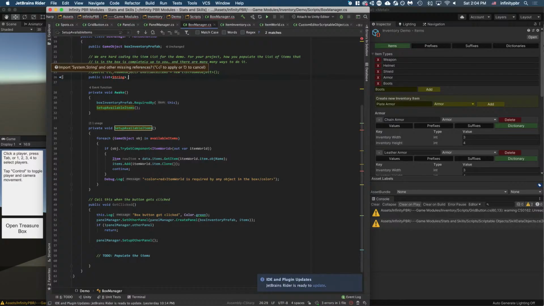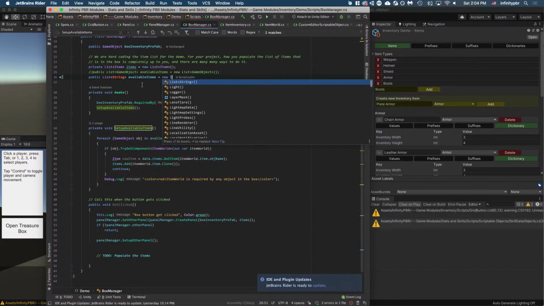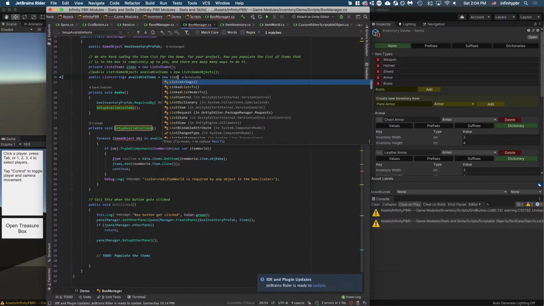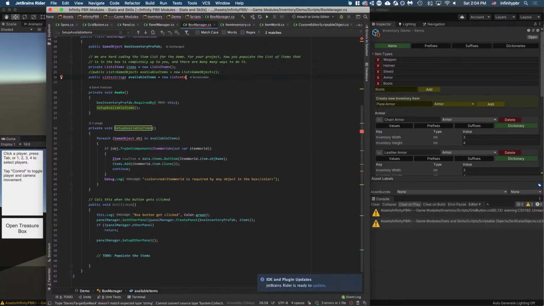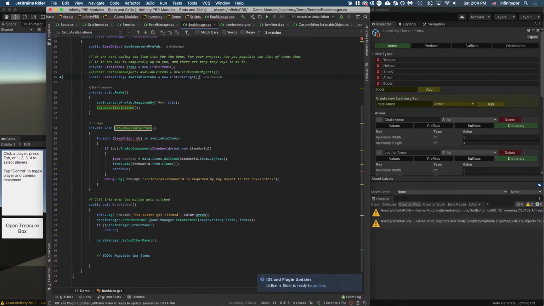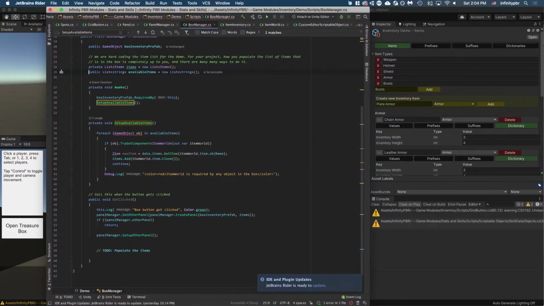So what I was saying is, in the end, available items, new list, list string is for some reason lowercase. I never understood why string is lowercase and the rest aren't. But string. Not that string. The reason why we're doing it like this, object name,